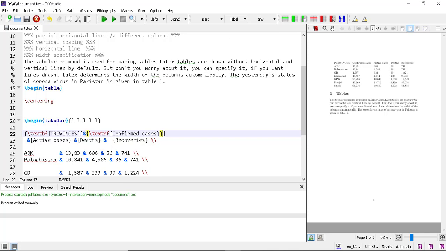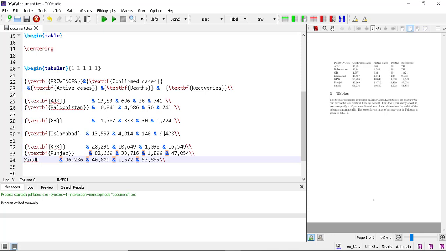I am doing this for all the first row and the first column because my data of the COVID-19 is two-way. The one set of brackets is for the command for bolding your text, and the other set of brackets is for the word or text you want to get in bold.